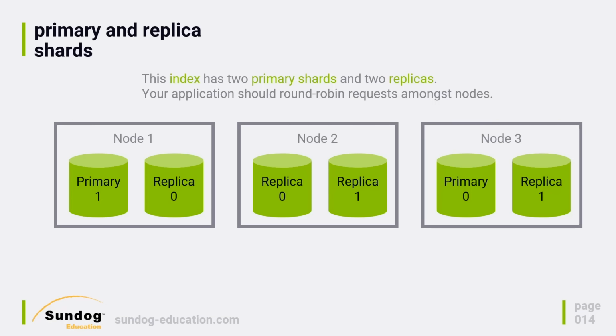So it's pretty clever how that works. There are some things to note here. First of all, it's a good idea to have an odd number of nodes for this sort of resiliency that we're talking about, but it's pretty cool, right? And the idea is that you would just round robin your requests as an application among all the different nodes in your cluster. It would spread out the load of that initial traffic.